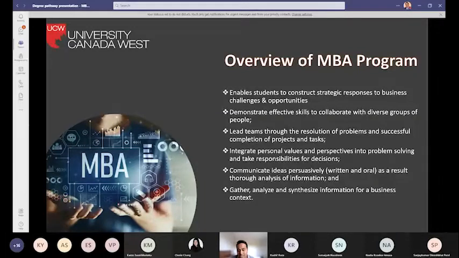It helps you integrate personal values and perspective into problem solving and take responsibility for your decisions. You will be better off communicating your ideas persuasively, writing them well, and speaking them, supported by analysis of information. You will also be able to gather, analyze, and synthesize information for a business context.